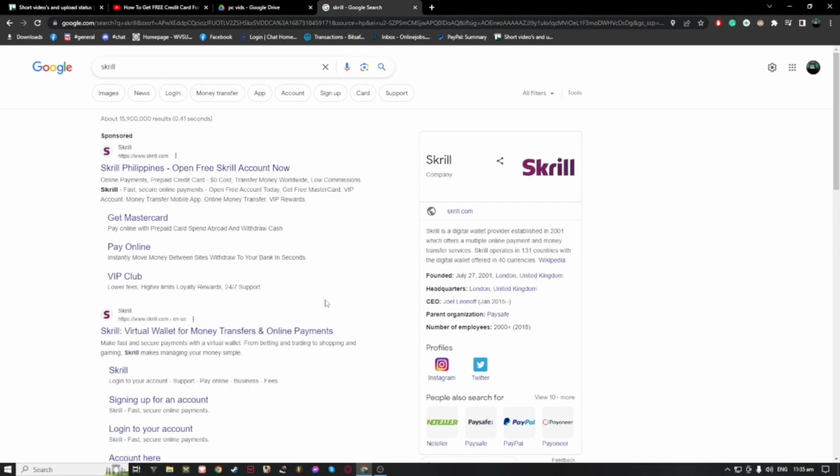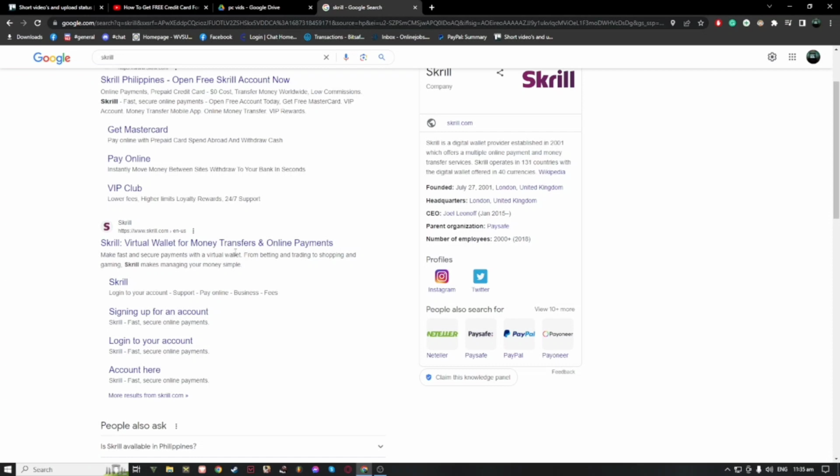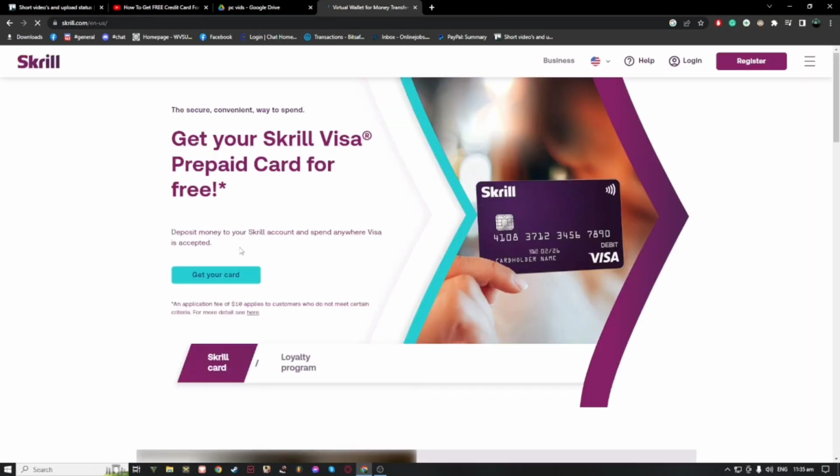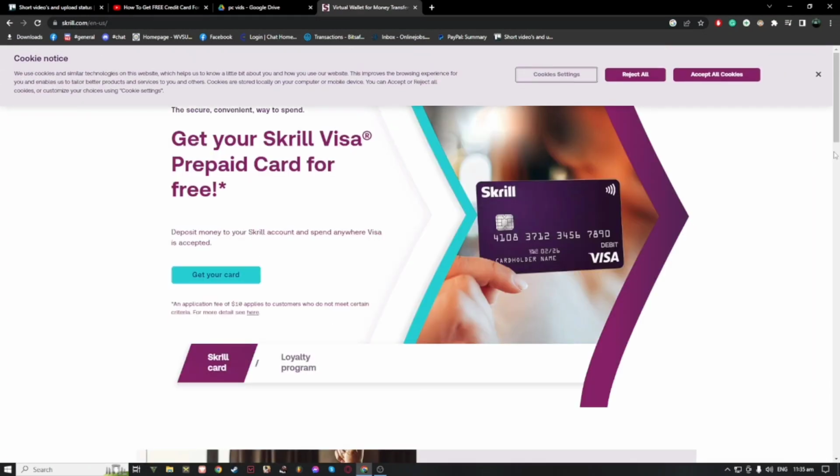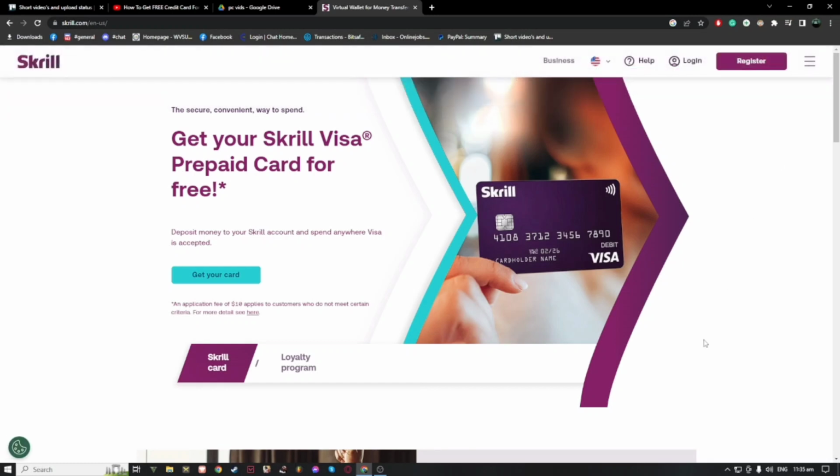Once you're here, go for that link titled Skrill Virtual Wallet for money transfers and online payments. This is the second link here. Click on that. Once you are here in the Skrill homepage, just click on that register button up at the